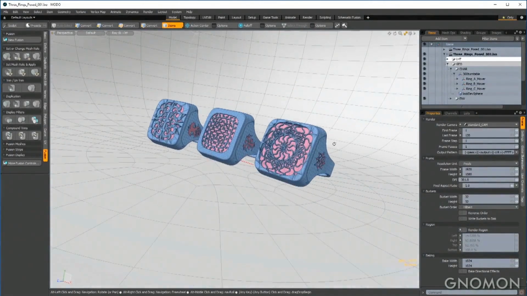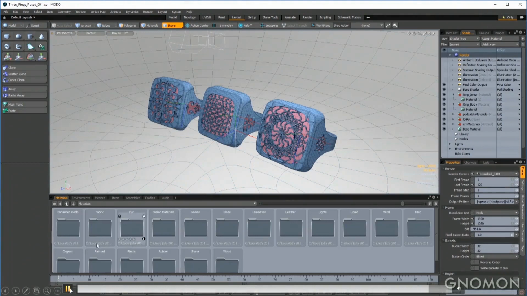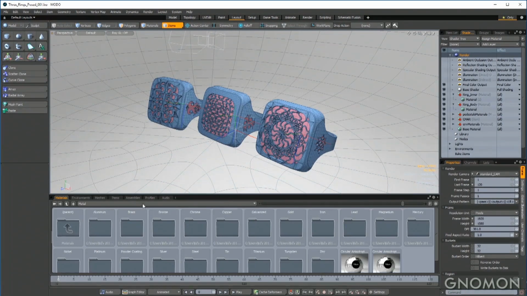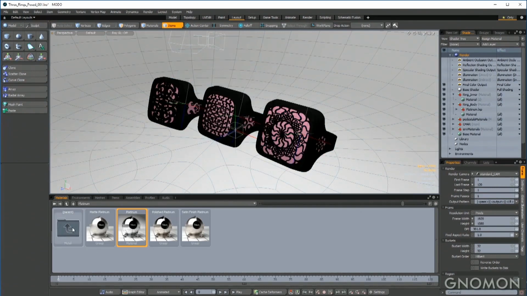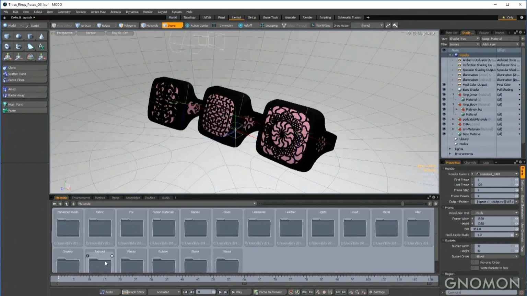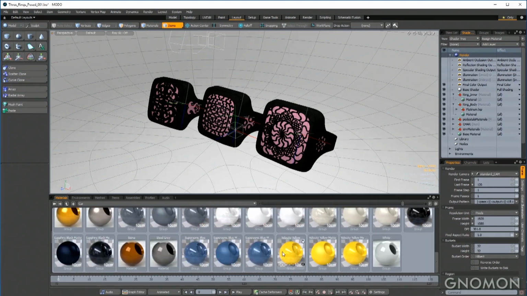So here I'm just going to quickly light and rig this. And I'm just going to be pretty experimental because I'm not a lighter or a rigger. But I have the flipped normals lighting scene open. And I'm just in the preset materials for that ship with Modo. I'm just dragging on a platinum material on the body of the ring, and then I'm going to use this Velocity yellow car paint for the inside of the ring.